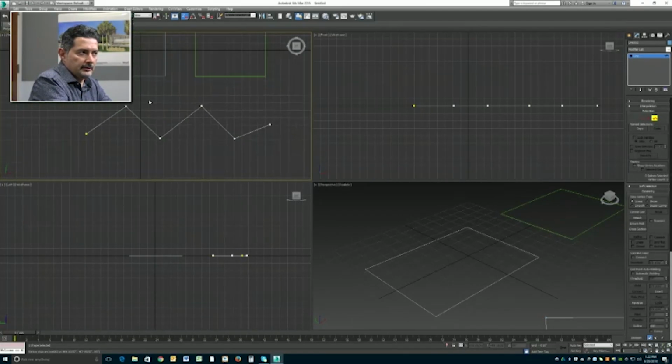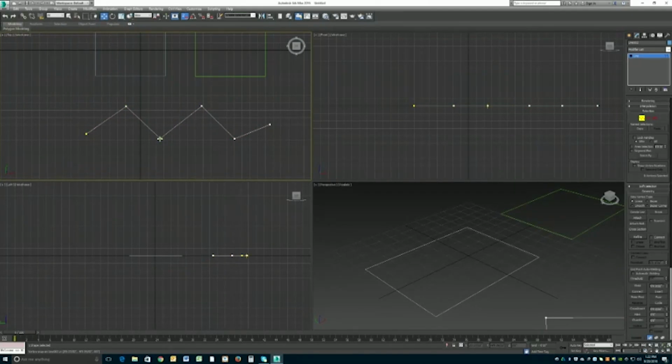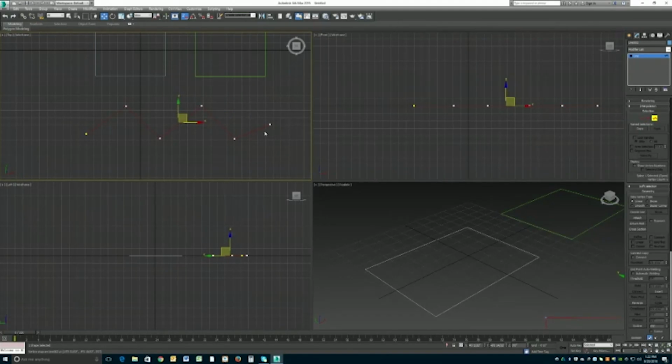Let's do it again here. So click on vertex. So these are the vertex, and in between the vertex you have the segment, and then the whole thing is just one spline, because it's just one shape actually. So if we want to move the spline, you just select it and move it